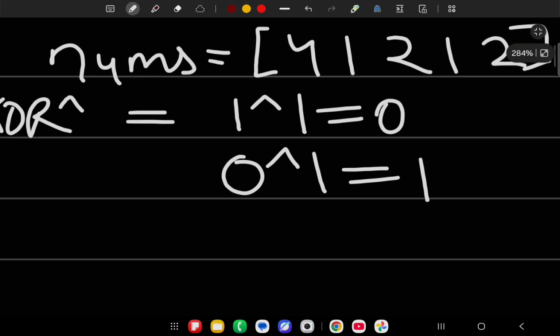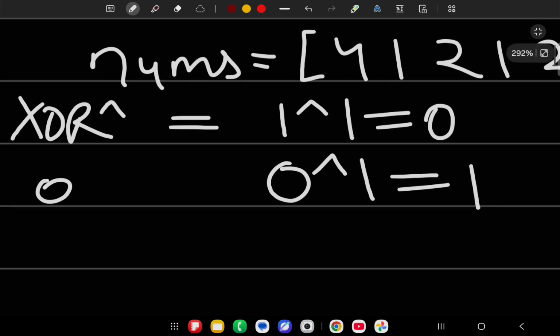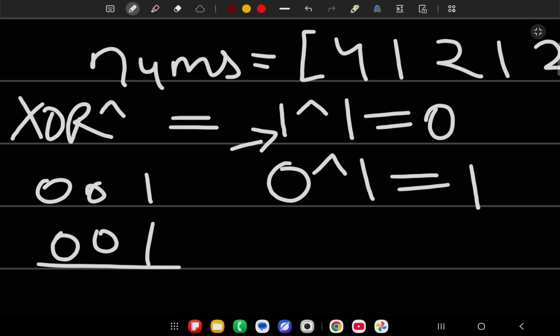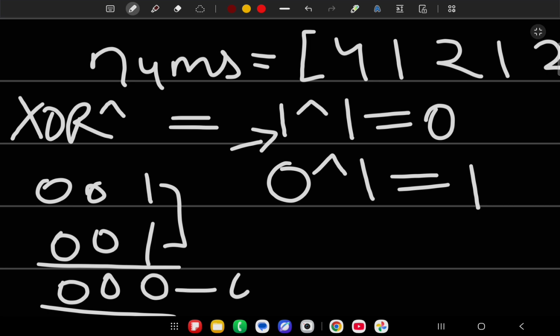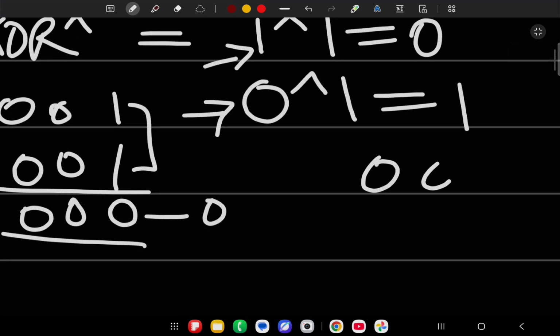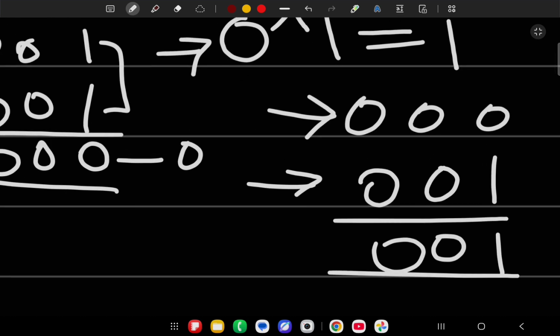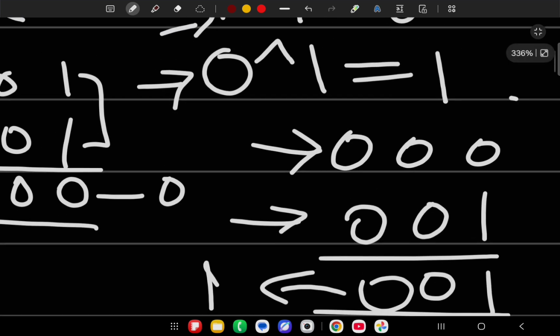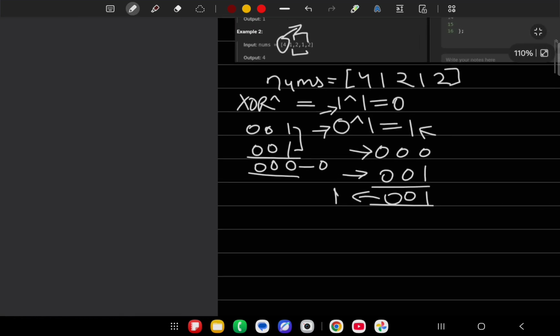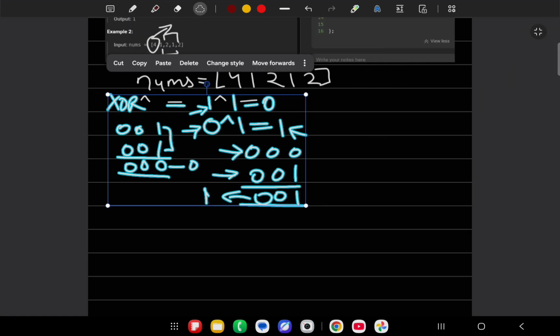How is it calculated? Just write the binary of the first element, that is 0. Here 1 is 001 and the other 1 is also 001. If the elements are the same, then it is 0 0 0, so the answer is 0. If we solve for 0 0 0 and 0 0 1, the binary for 0 and the binary for 1, the different element will go 1 and the rest will go 0 as they are the same. What does this binary represent? It's 1. What is our answer? Yes, it's 1. Okay, so let's use this property to solve this.